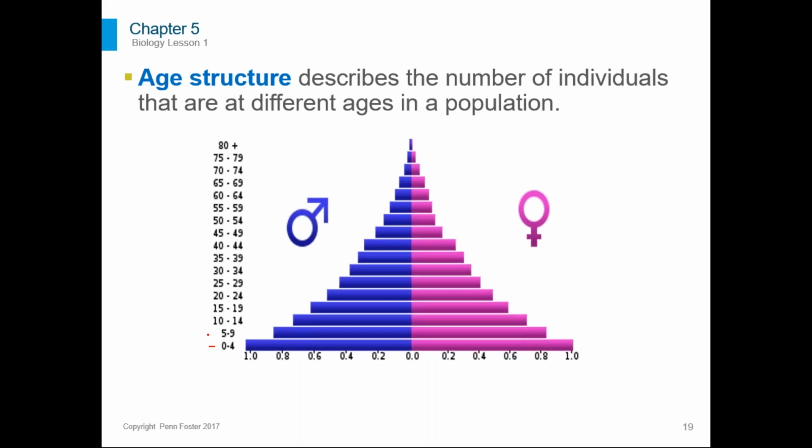Each bar is an age range, 0 to 4, 5 to 9, 10 to 14, 15 to 19. So you could say that these areas, from there down, they're very high. Then you have middle-aged people, and then you have elderly people. And these bars are very small. Okay, so there's very few elderly people compared to middle-aged people and compared to children. And what this means for this particular group, this age structure of the country of Angola, the population,